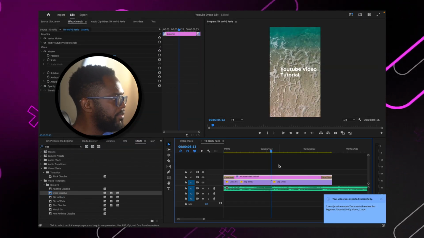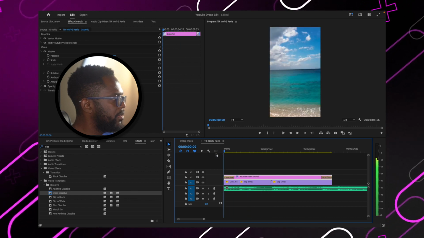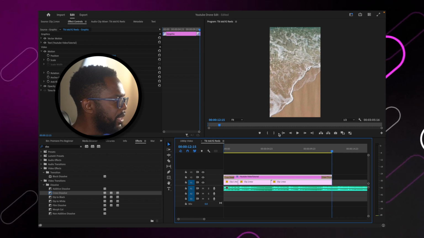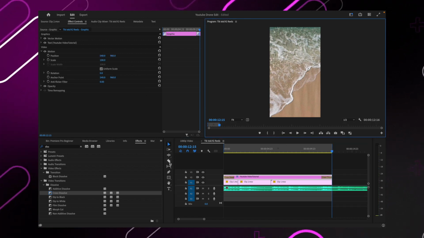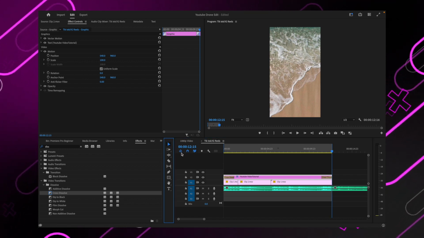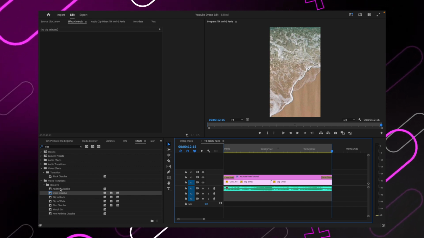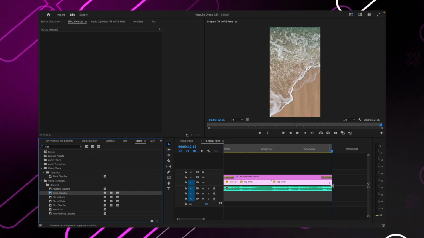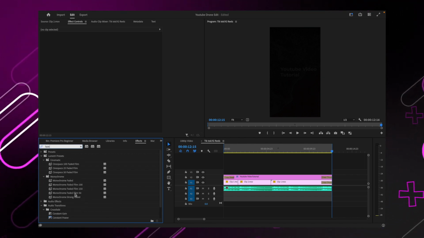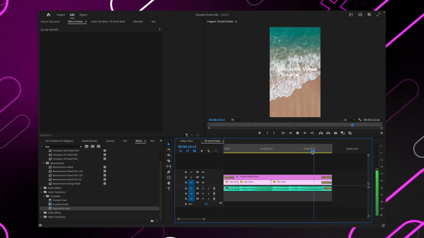Then we're going to do the same thing for the TikTok format or the vertical video format. Go right here, select mark in, come to the end, mark out. We're going to select our razor tool, cut the audio, select our selection tool, delete the part that we don't want. I'm going to add a dissolve on the end of the video clip to fade it out. And I'm also going to add a fade on the audio to fade it out as well. As we can see here,